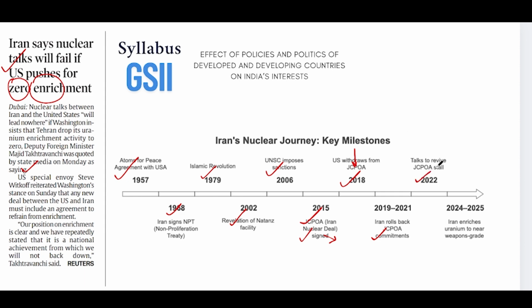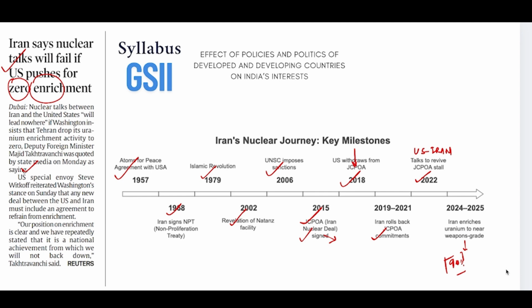Because of which, in 2022, in Vienna, negotiations were again brought on track. But little progress could be made because of US and Iran mistrust of each other. And recently reports have emerged that Iran has enriched uranium up to 60% purity, which is very, very close to the 90% limit that is required for the weapons grade threshold. And that is when the talks have been reinitiated to nudge Iran back from the path to the nuclear weapon. So you can see that even a minor news item has multiple dimensions for the GS paper,